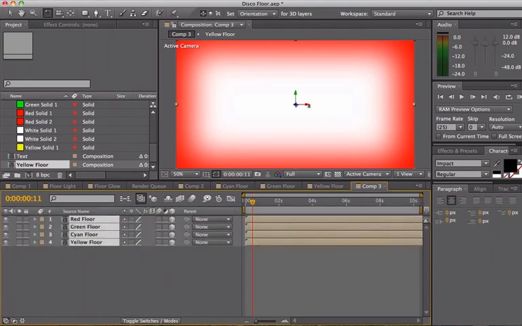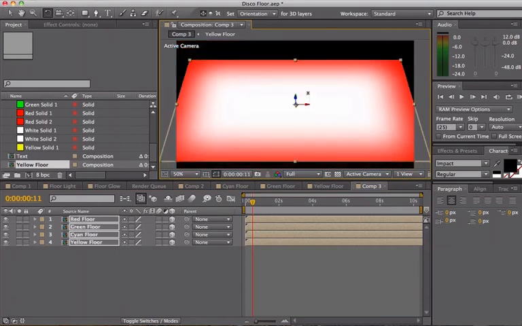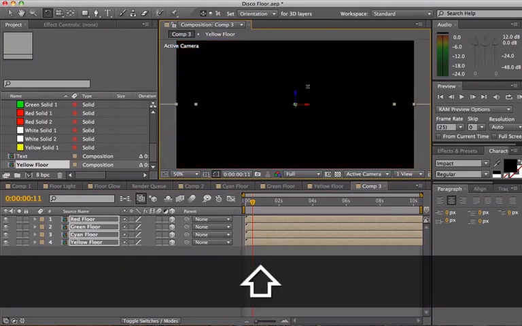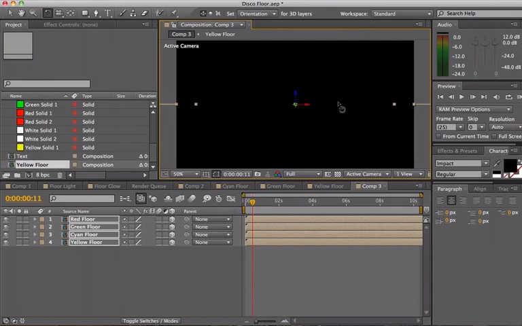Move it to the X or the red arrow, move it up, hold shift until you get this